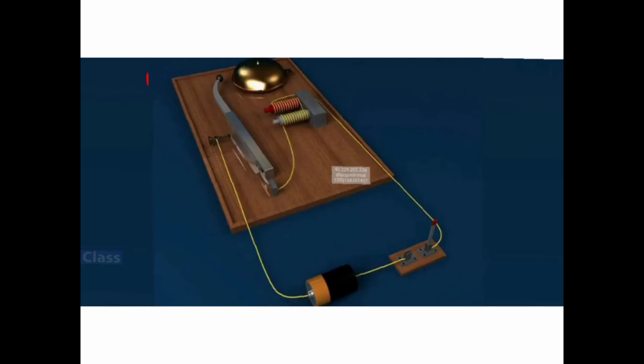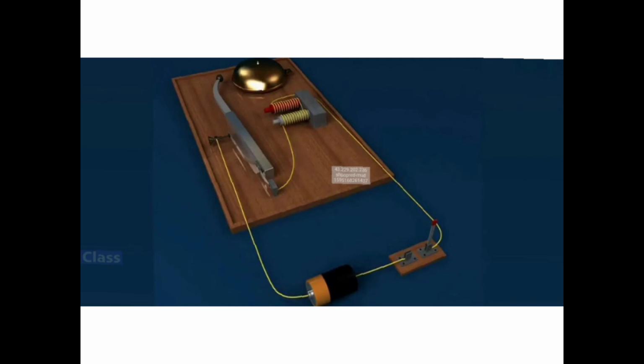You have in front of you the internal structure of the electrical bell. In this, you have the coil which acts as an electromagnet. You have the iron strip and a screw which is in contact. There is a striker attached to this iron strip, and there is a gong on which the striker can strike. So these are the parts used for the entire electrical bell.